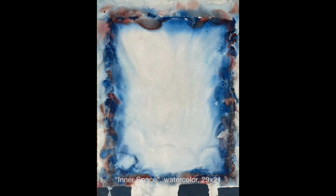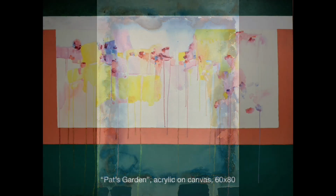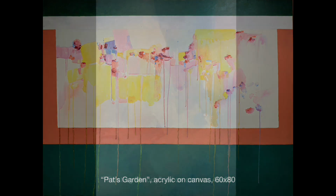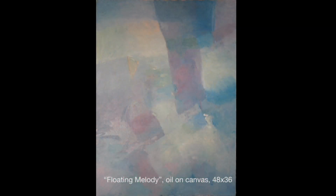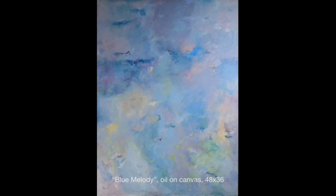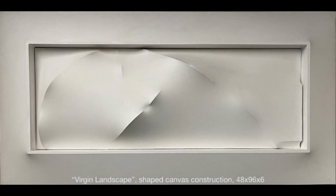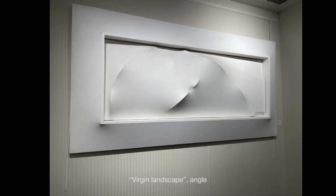youthful passion. In the 70s, I began with the idea of reduction and reducing rather than adding. I was taken with the idea of constructing and with the idea of just classical simplicity, of trying to reduce things down to some basic elements, visual elements that might work just by themselves. And this is when the shaped canvas constructions came along, and I became interested in putting together lines and forms that would poke their way through the canvas,